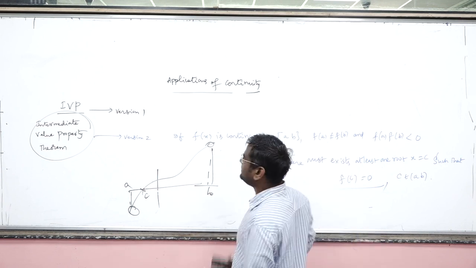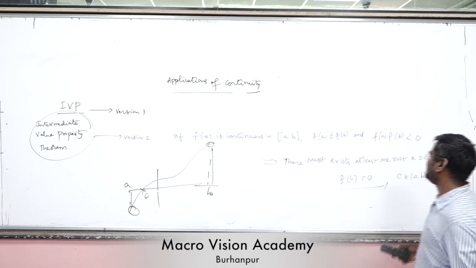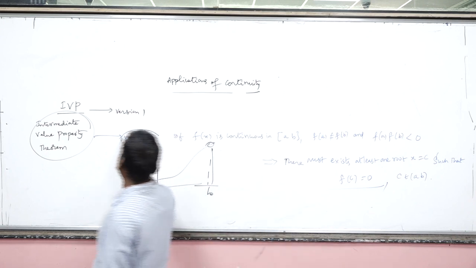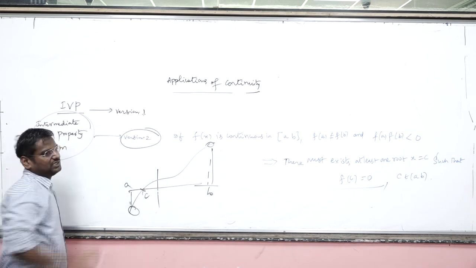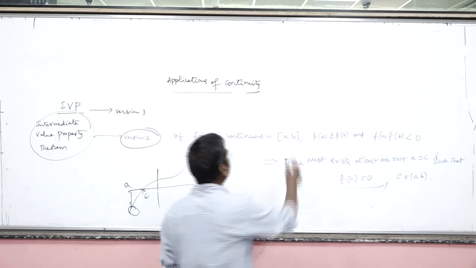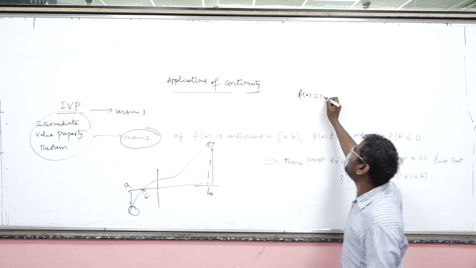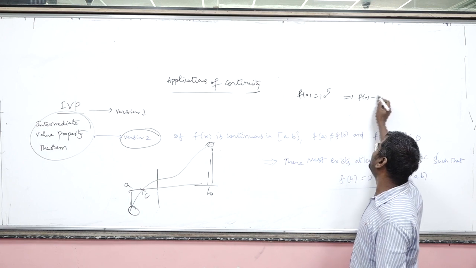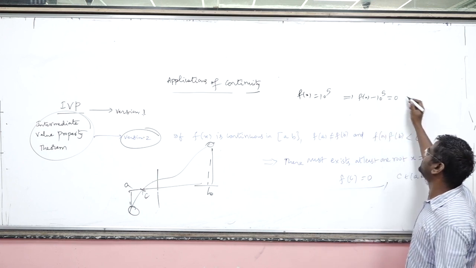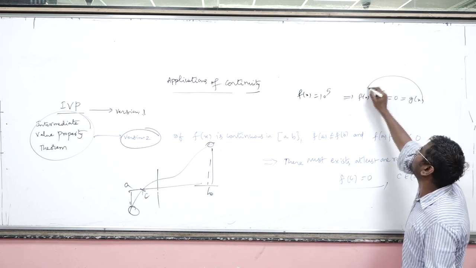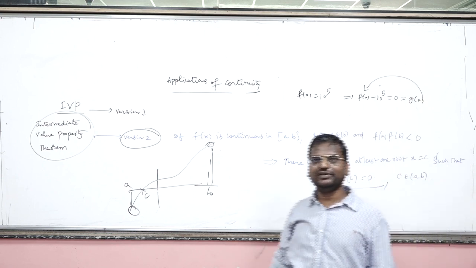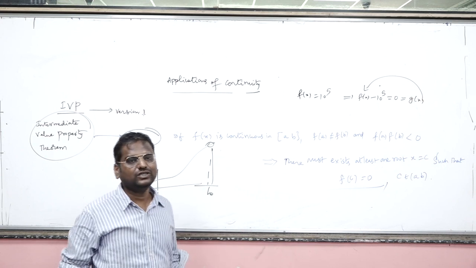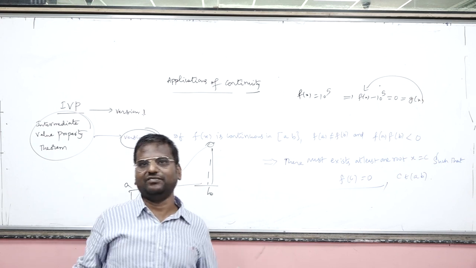So this is what is called IVP. This is the stronger version. This is what we are going to use. So this version alone can include the earlier version also. If you want to prove that fx equal to 10 power 5 has a root, you convert the problem into fx minus 10 power 5 equal to 0. Take this as your new function g, and you prove that g of a into g of b less than 0 and g is continuous. So g must be 0 somewhere.